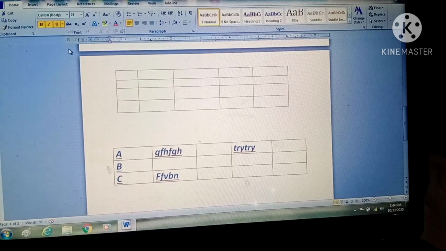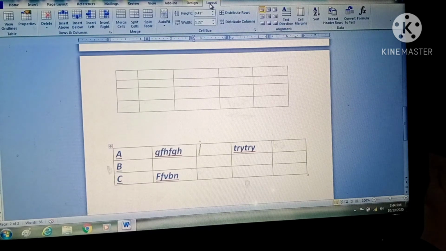Next we are going to discuss splitting and merging the cells. How you can split and merge cells. If you want to split a cell, then go on that cell. Suppose I am going in this cell and I want to split this cell into 3 columns. Click on the layout tab. Whenever you click on this layout tab, then in the merge group you can see split cells and split table.